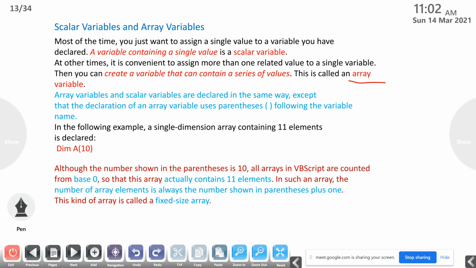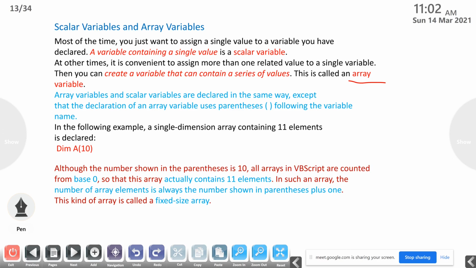I think this type of declaration is available in VB script only. VB means Visual Basic. So in Visual Basic or in VB.NET, we use this type of arrays, which start from 0 to that number.